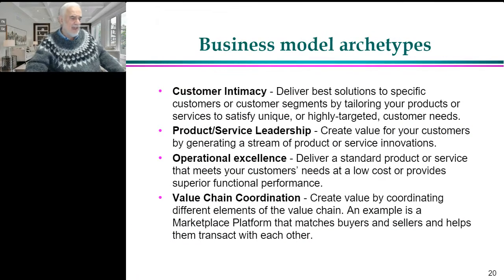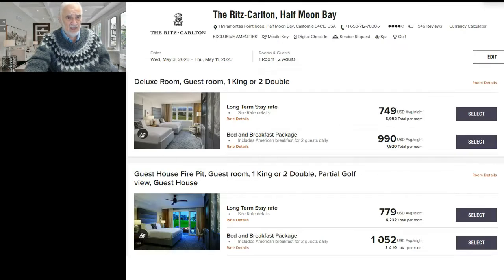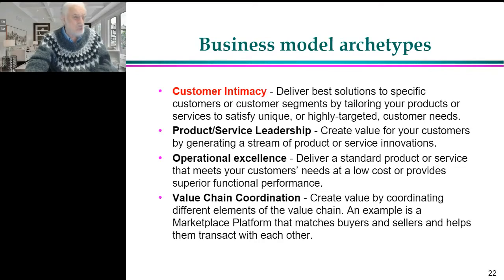The reason they're willing to pay so much is really a key element of the Ritz-Carlton business model, which was invented about 70 years ago when they started, before they had computers. They decided to base their business model on what I call customer intimacy, which means that we deliver the best solutions to specific customers or customer segments by tailoring our products or services to satisfy unique or highly targeted customer needs. And how do they do that? So basically, they did early on what most hotel chains do today using computers, which is to record the preferences of their customers and